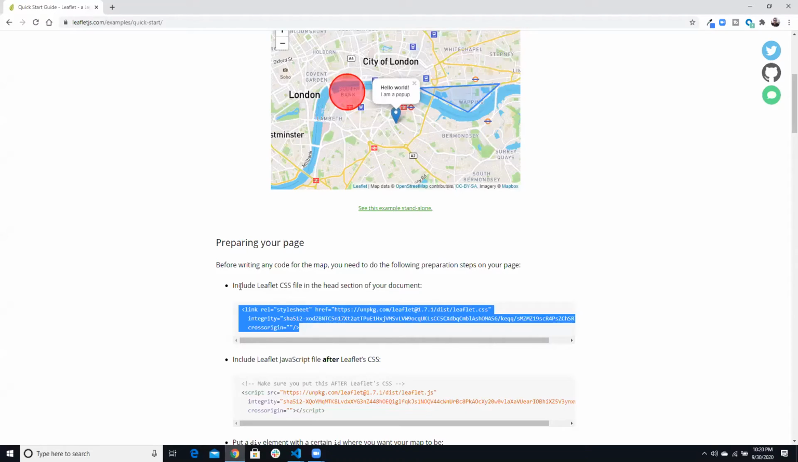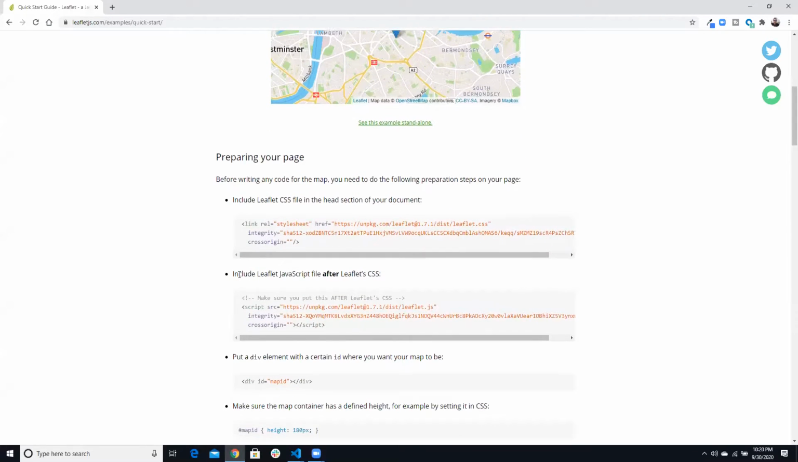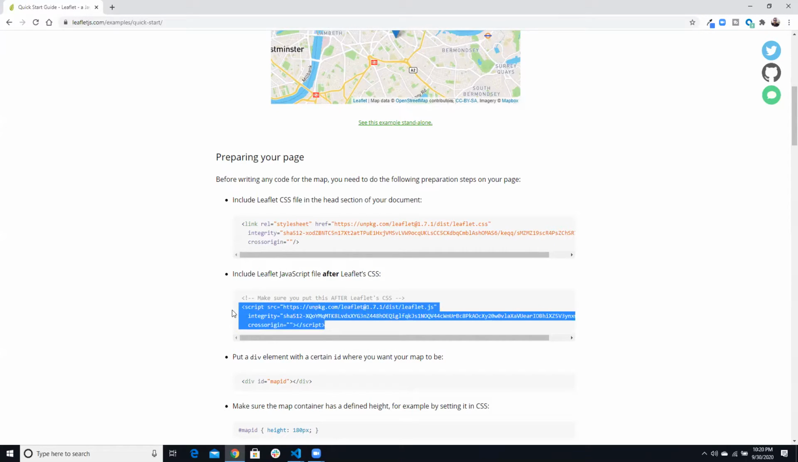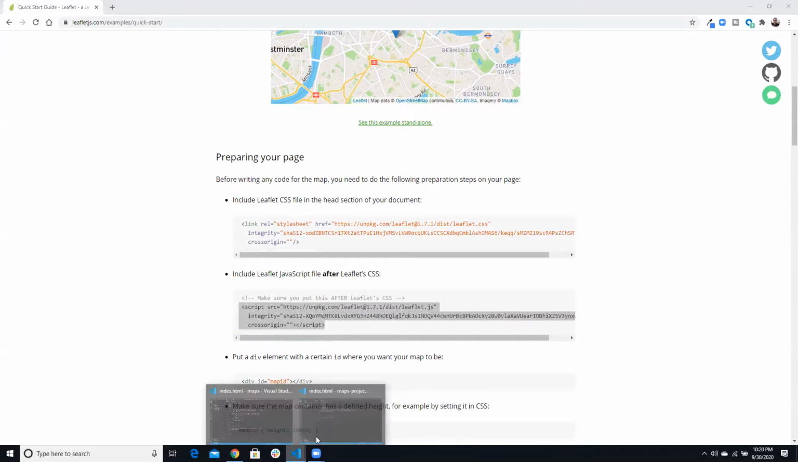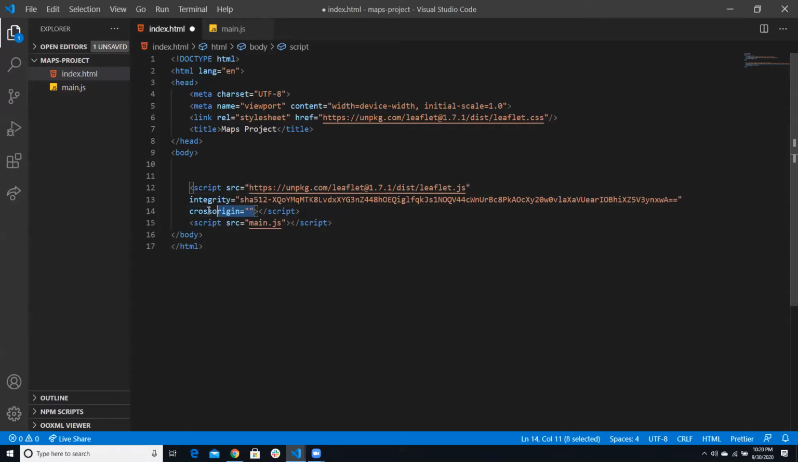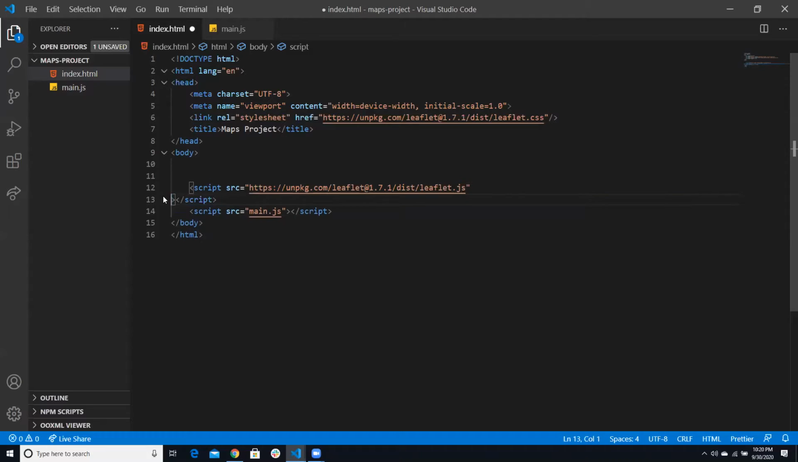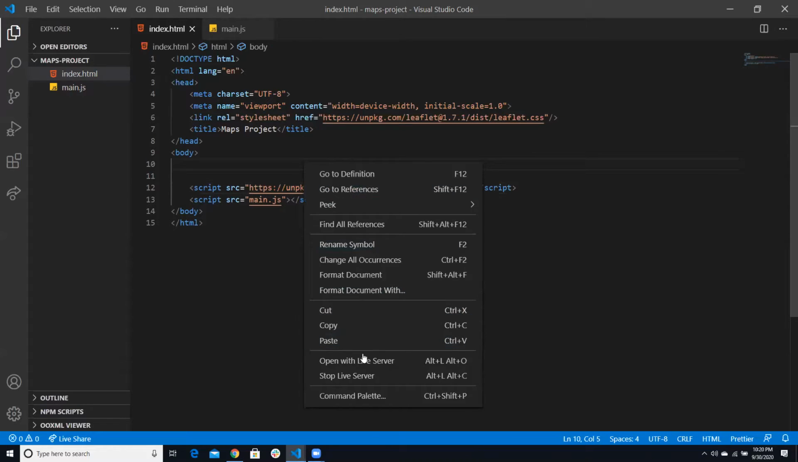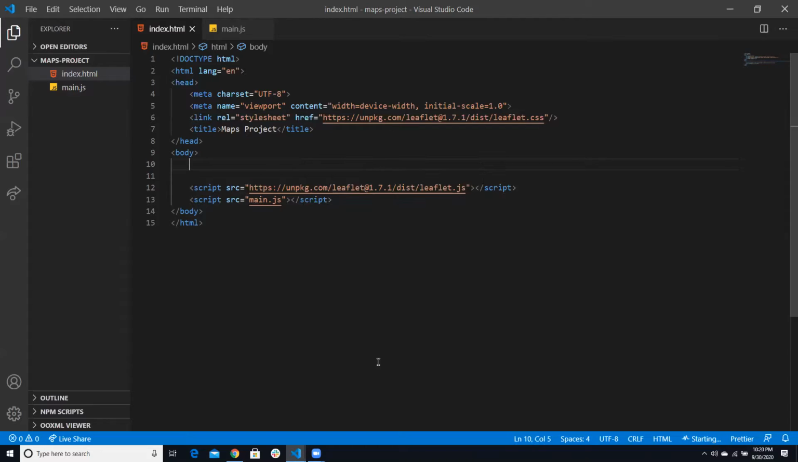So this step is already done. The second step is to include the Leaflet JavaScript files after the Leaflet CSS. Actually, I'm going to put it inside the markup here, inside the body tag, just before my main.js. And also I'm going to take out the cross origin and integrity. I'm going to save, and that's it. You already loaded the library to your application, and you can use it right away. And if I open this with the live server,